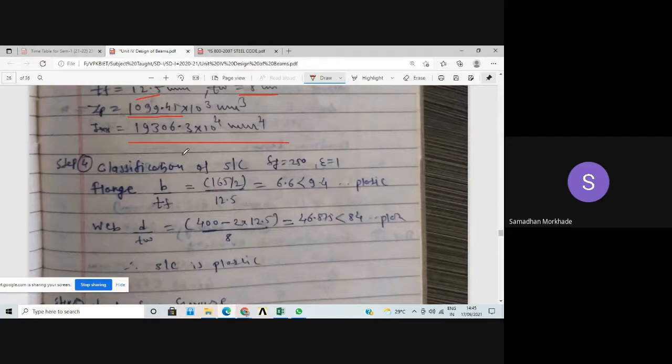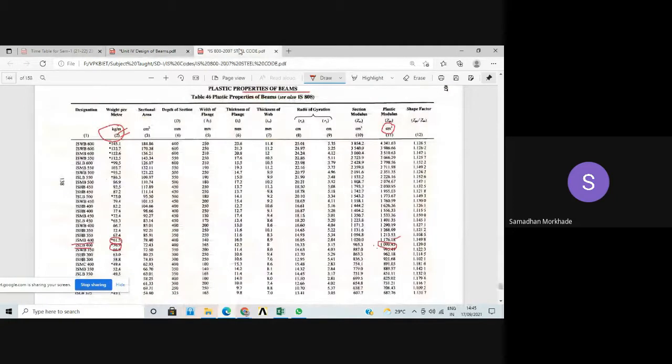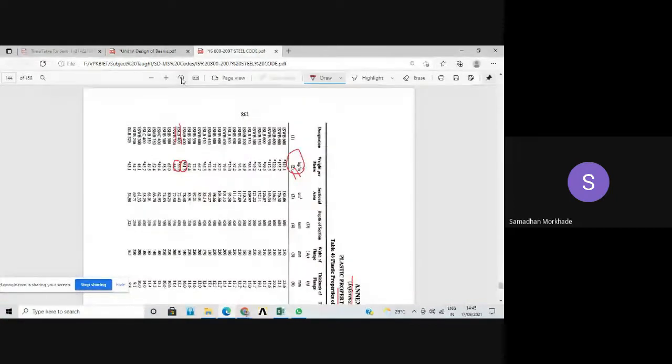And semi-compact does not go up to the plastic moment, and again the rotation capacity is slightly less. Ductility property is very important. So the definition of plastic, compact, semi-compact is given in the IS codes. You can refer to that and read that so that you can understand it.